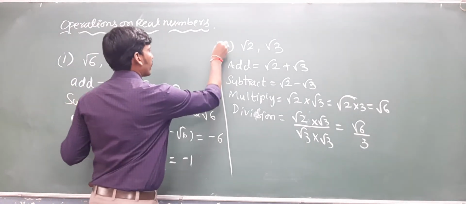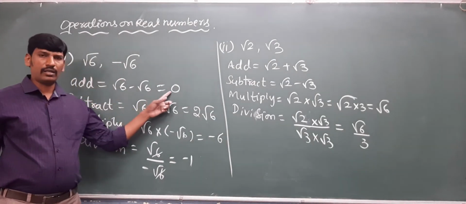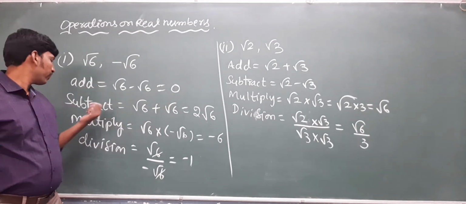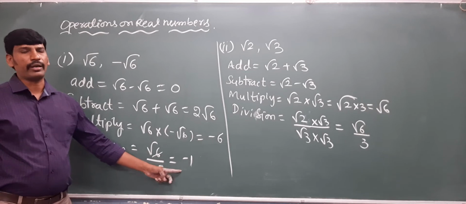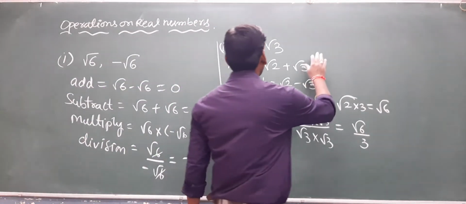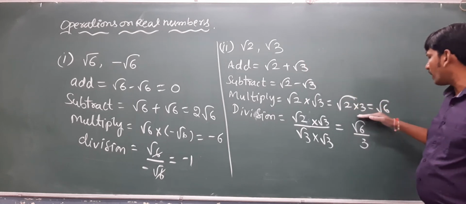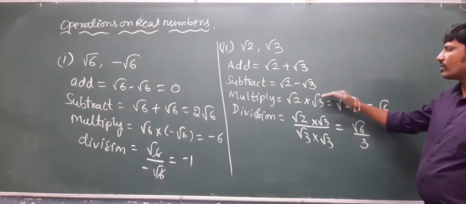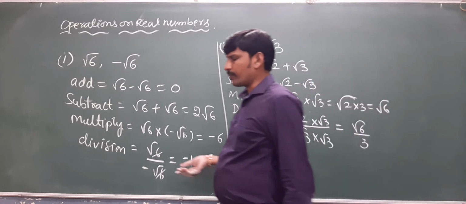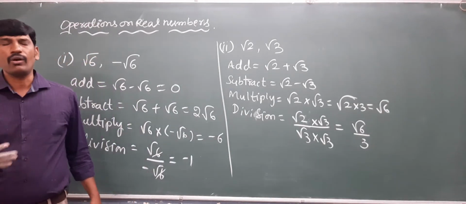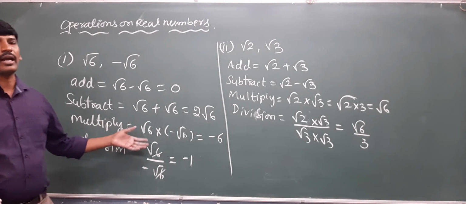If you observe these two cases, in the first case, when we add two irrational numbers, the addition will become a rational number. When you subtract irrational numbers, multiply irrational numbers, and divide, we also get a rational number. But coming to here, in all these four cases, when adding or subtracting or multiplying or dividing, in each and every case we got an irrational number only. So we cannot say that whether the given irrational numbers, when you are adding or subtracting or multiplying or dividing, we will get again an irrational number.